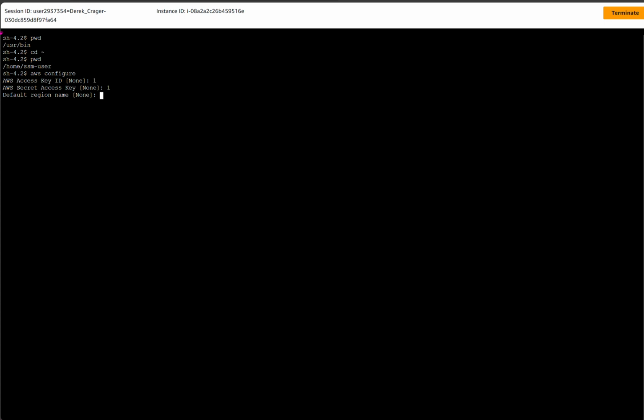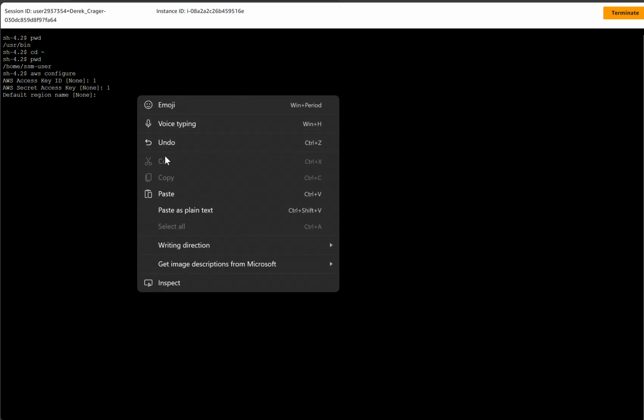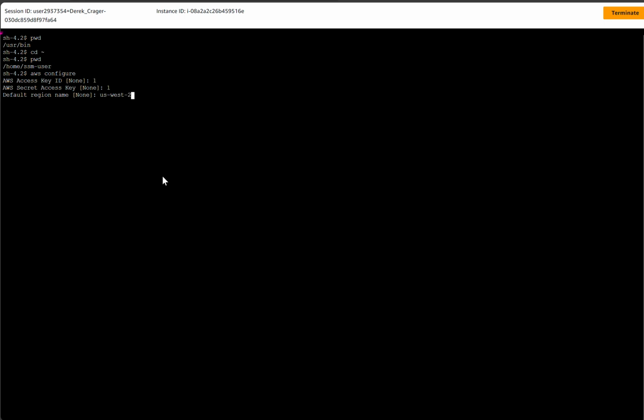Region is US-West 2. So I'm going to copy that, paste. Default output, nothing, leave blank. So now the file is created. So now we go back to our